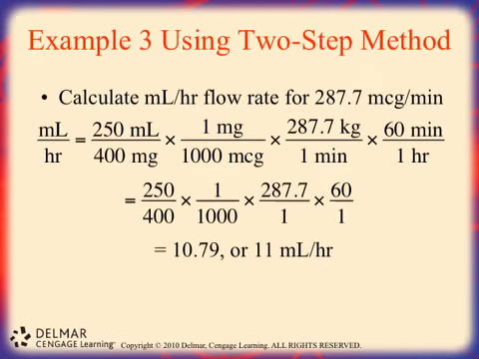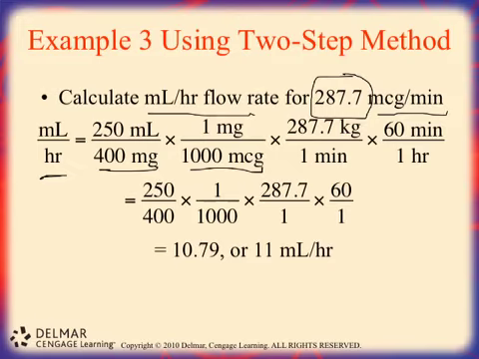So now we know that what we're doing is we're calculating our milliliter per hour flow rate for this specific micrograms per minute. So we start with our milliliters per hour. Here's our dosage strength. Here is our conversion step. Here is what we calculated as our dosage per minute. Then we're doing our next conversion right here, 60 minutes over 1 hour. So you go back in and we cancel out our milligrams, our micrograms,